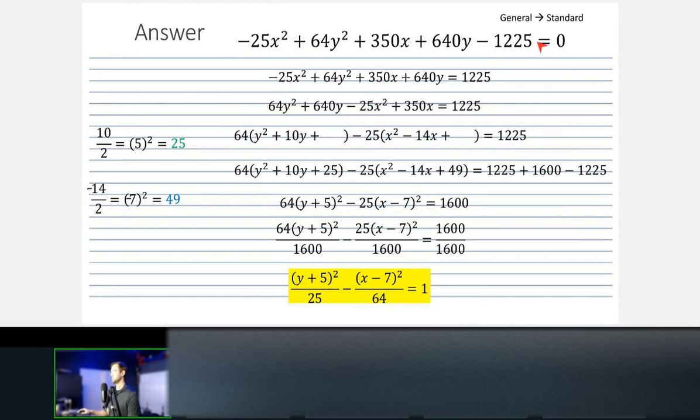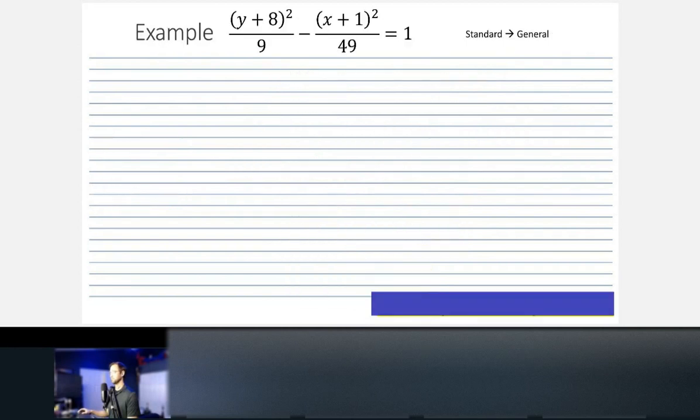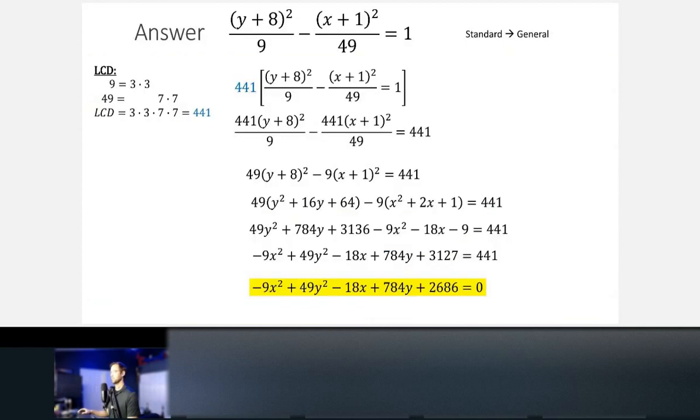But if you notice in this example, they started with the negative in front. Yeah, yeah. All right,